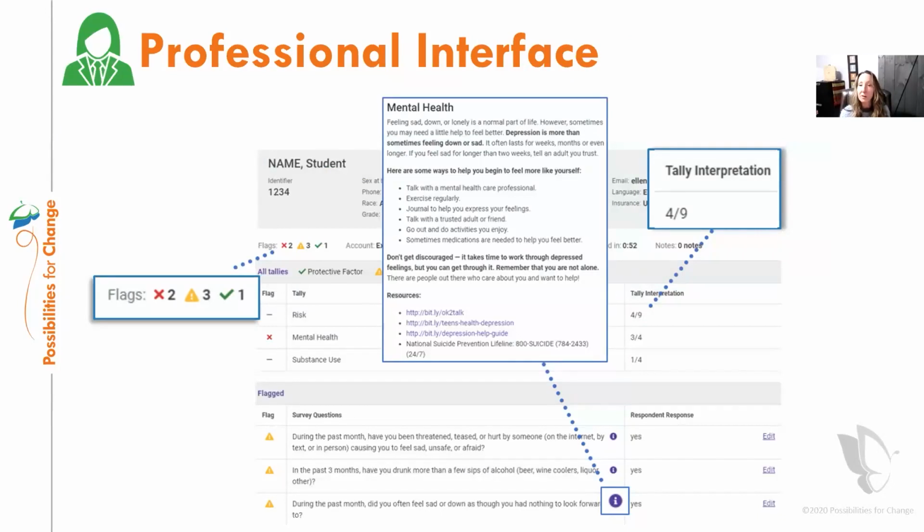As part of the professional interface, you'll see a report for each of the surveys that are completed. With just a click, they can be reviewed online, they can be printed and reviewed prior to actually talking with that youth. You'll see visible, at a glance flagging for those high to moderate risk questions that were identified by youth. You'll have tallies for total risk, mental health scores, substance use scores, and then you can easily access those health messages or that brief intervention that's associated with each question.